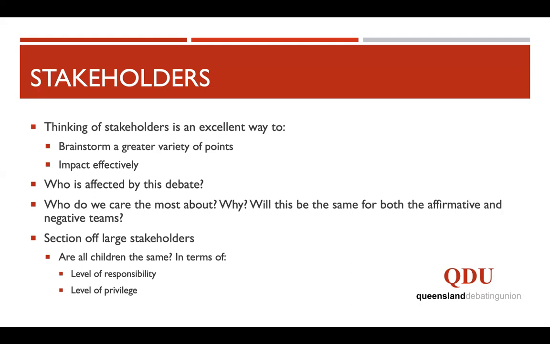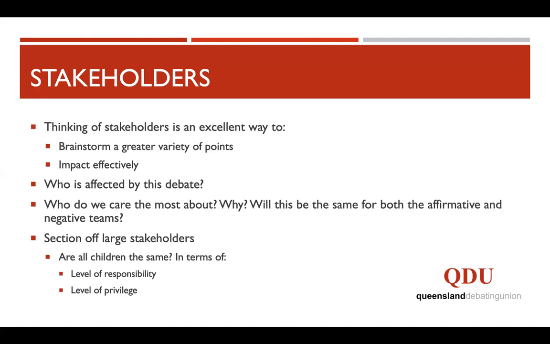Note also that obviously there is one very large stakeholder that we probably care about quite a lot within this debate: children. When you have a large stakeholder like this, where there are so many different types of them and there are just so many of them, it may be very useful to section them off. Have a think about whether all children are the same. Can you distinguish between different types of children that might react differently to this policy, whether that be in good ways or bad ways? Have a think about how you can section off children in terms of the levels of